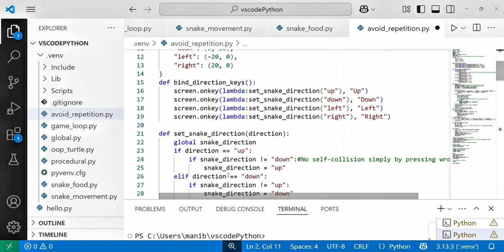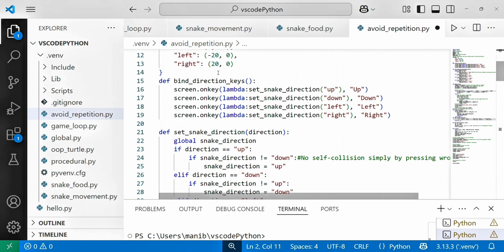And I have used lambda expressions to bind the direction keys. These are callback functions that call the set snake direction function, which I have defined over here.